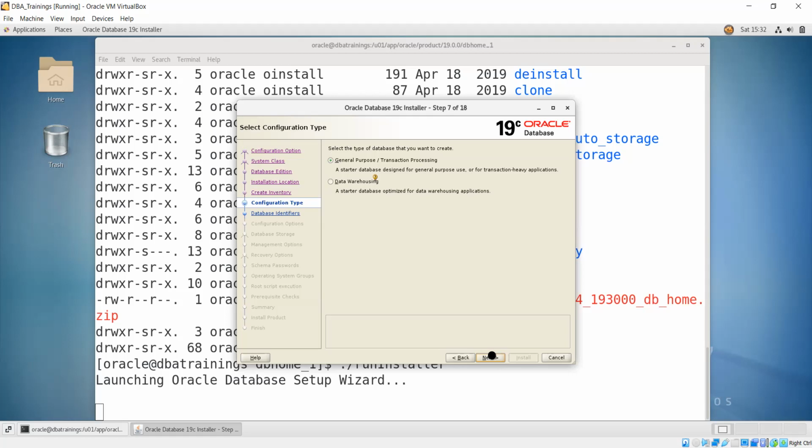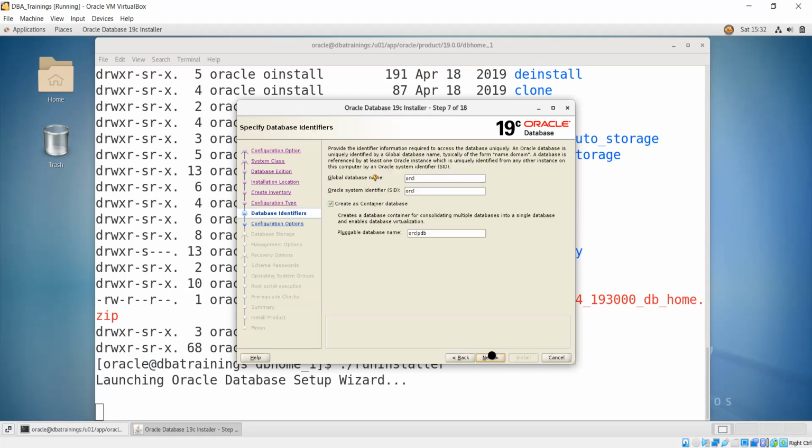Once I click on next, another screen comes which asks me for the global database name. In my case I am giving anything, like my name or anything I want.